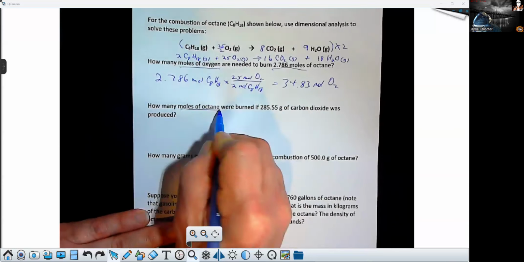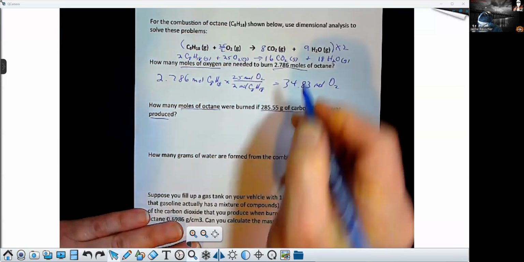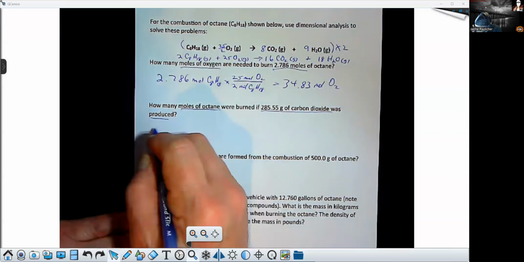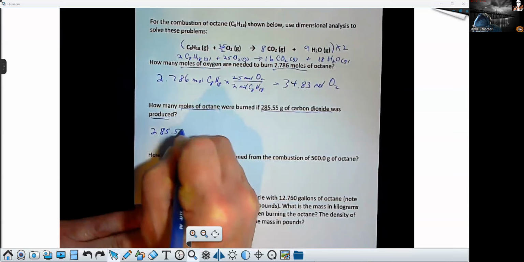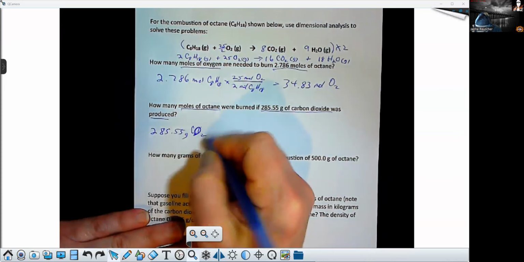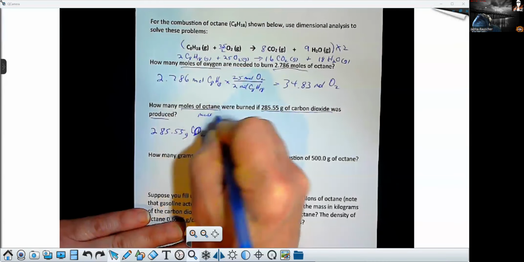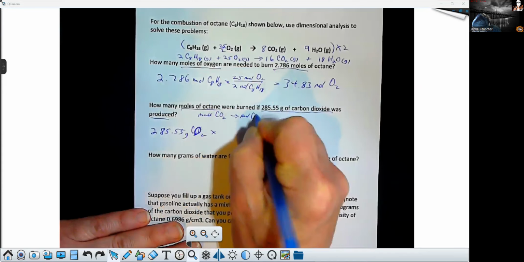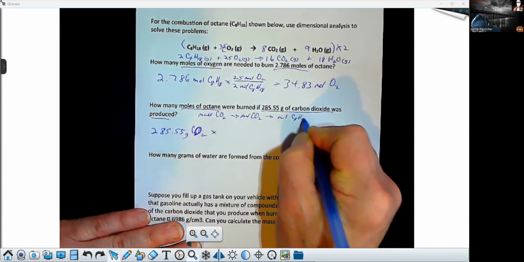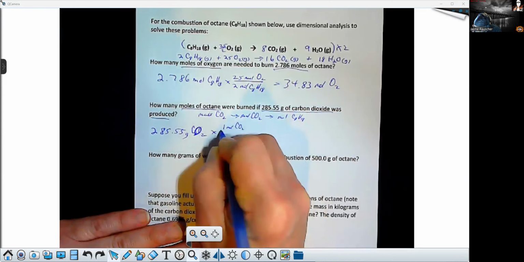Now, how many moles of octane were burned if 285.55 grams of carbon dioxide was produced? So we're going to go from mass of carbon dioxide to moles of octane. We have 285.55 grams CO2, and here's what we're doing: mass CO2 to moles CO2 to moles of octane, C8H18. To go from mass to moles, we need the molar mass, so that's 1 mole CO2 per